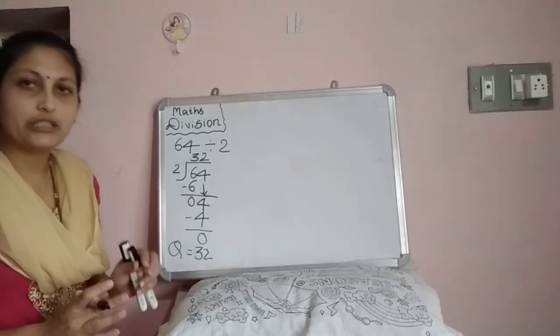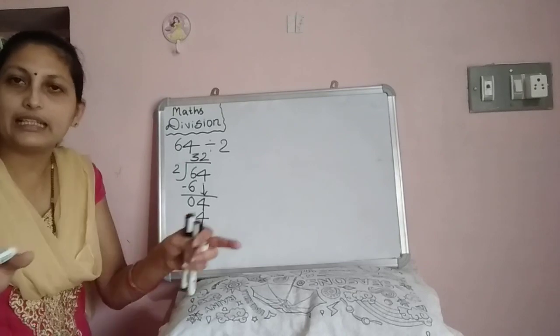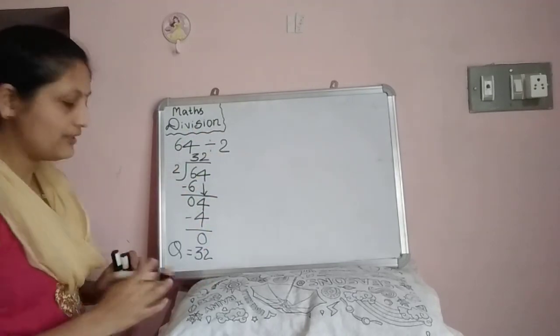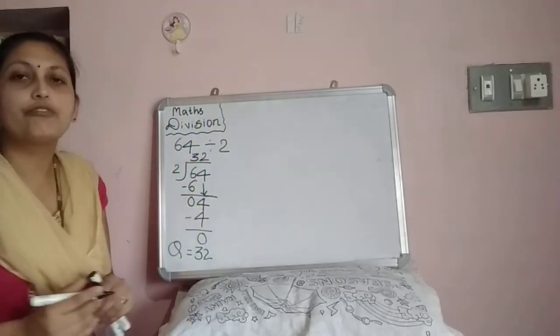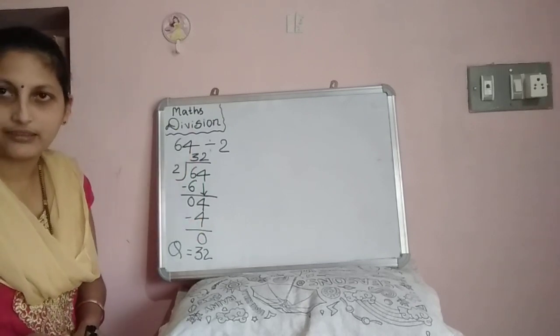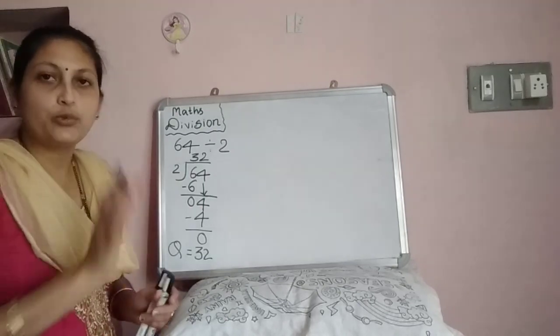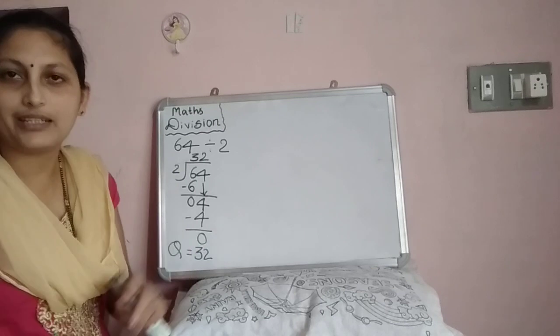So after dividing equally, after sharing equally, what is left? 0 left, means nothing left. It is completely divided. The number is completely divided, so nothing left, 0. Clear? In the same way, this is how we were dividing the numbers. So this is what you have learnt in the previous class. I hope you understood this. Next, let us see division of same two-digit numbers with remainder. Let us see what is remainder.